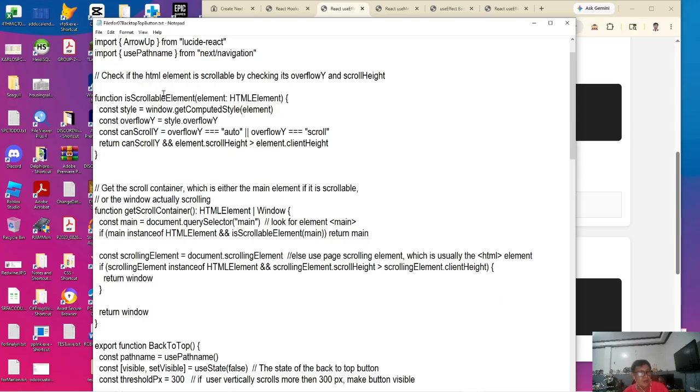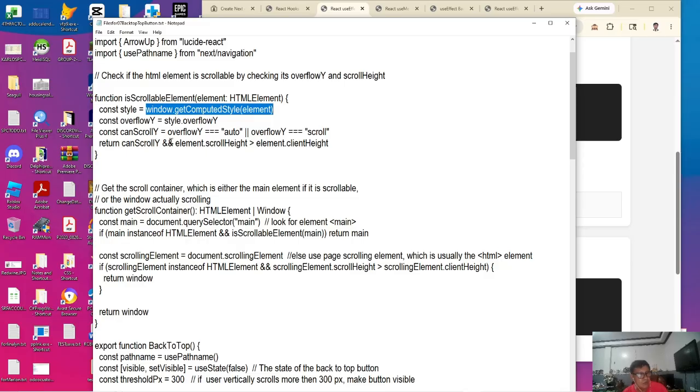First, we declare a function in JavaScript to check if an element being used is scrollable or not. This is done through CSS properties like the computed style. We can get the computed style by window.getComputedStyle. It will return CSS properties like the constant overflowY. Is there an overflow allowed for y, which means the vertical axis? If there's an overflowY, then scrolling is allowed or the element is scrollable.